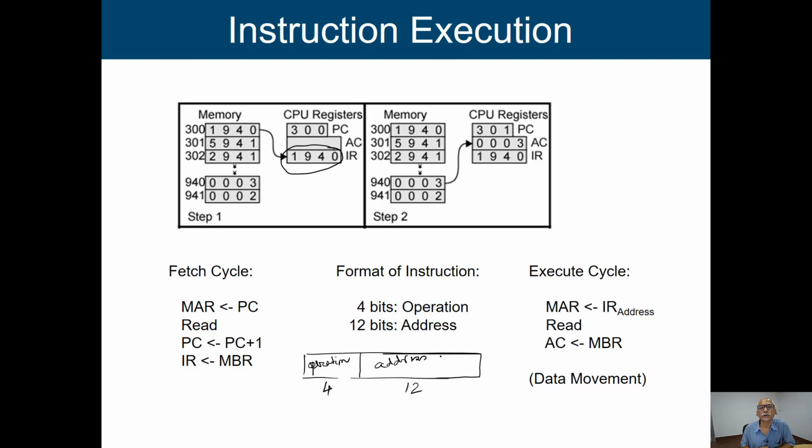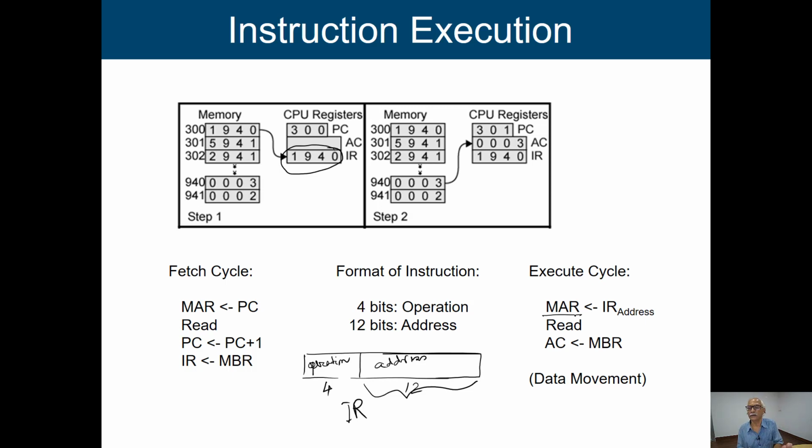In this particular case, you see that from 940 we are transferring the information and putting it in the accumulator. So in this execution cycle, this is the content of the IR, the instruction register. We are going to take the address part of this instruction register and put it into MAR.